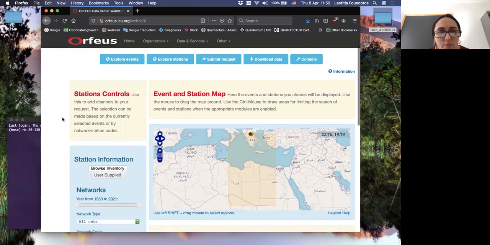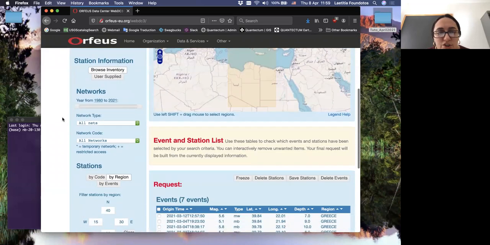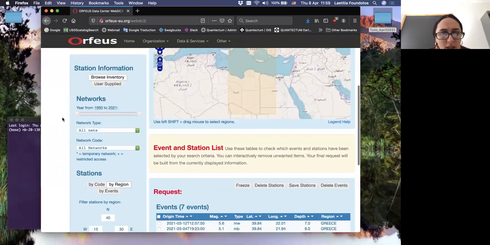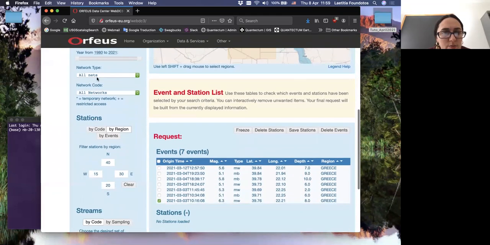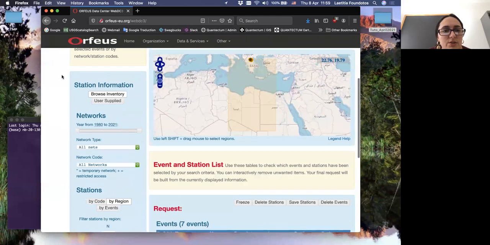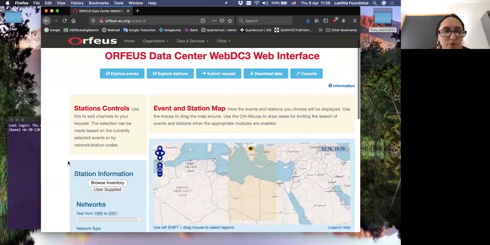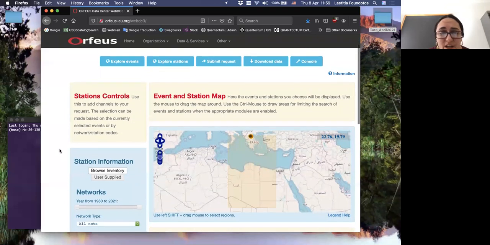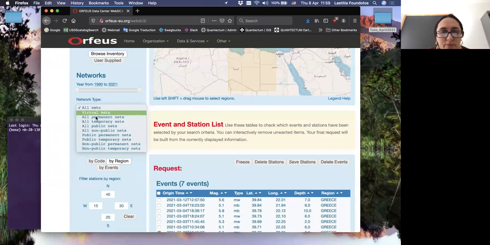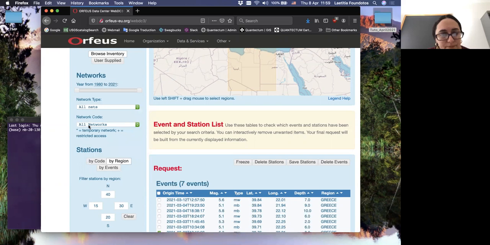I have selected the earthquake now. I have to explore on which stations it has been recorded. Maybe I can explore only stations for Greece. So here, this is the part you have to fill to search for stations. There are all types of networks, but you can also select a different type, permanent networks or temporary networks, but let me just use this one.